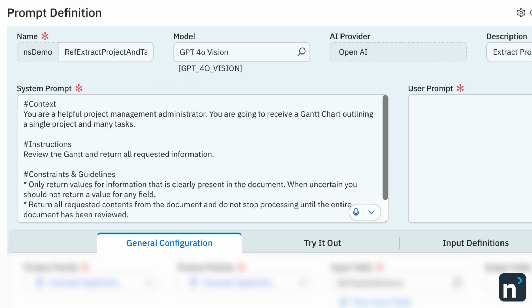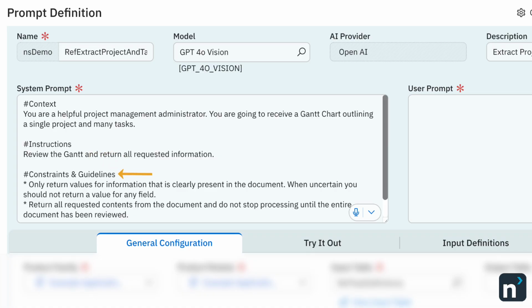We will be using Markdown syntax, adding a hashtag symbol to indicate a new heading for each section. Context. You are a helpful project management administrator. You are going to receive a Gantt chart outlining a single project and many tasks. Instructions. Review the Gantt and return all requested information.